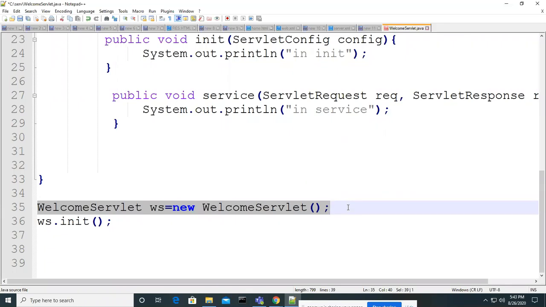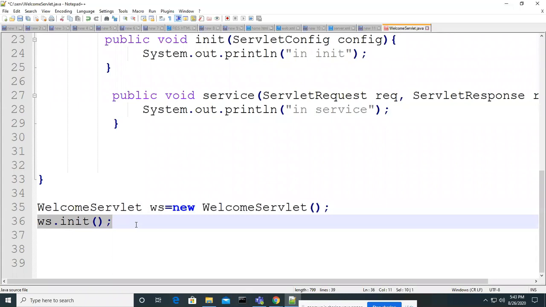And what about this line? No problem, sir. You don't have any problem in this.